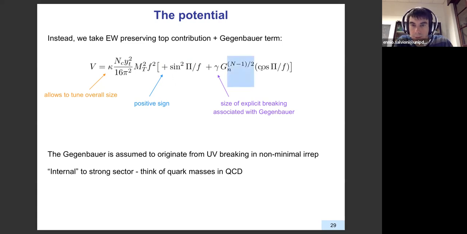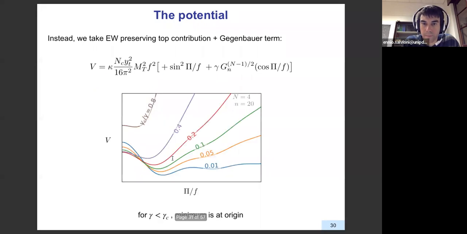So this is here a Gegenbauer polynomial. And what I have in mind is that the Gegenbauer contribution is sort of internal to the strong sector. In parallel to QCD, this would be coming from something like the quark masses in QCD. So an operator that is really not depending on IR physics necessarily, not the gauge interactions, for example the electromagnetic loops in QCD, but is coming really from the UV theory. So this is the potential we look at, and this potential, once we combine the two, looks like this.